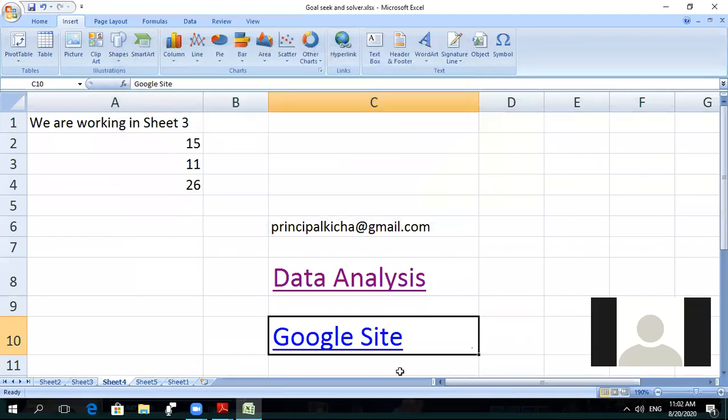Once you click on OK, now look here, this is the text, Google site. Once I click on this Google site button, it will open our browser with the Google site.